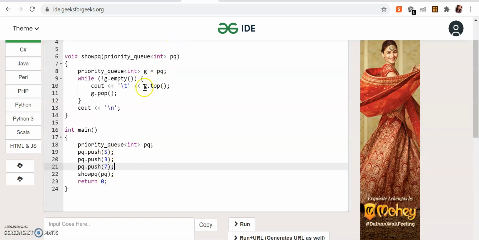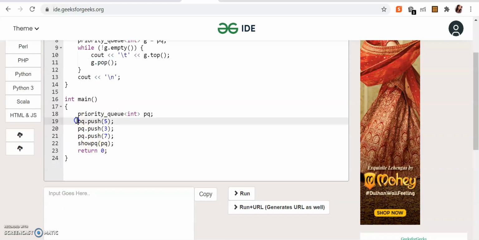So now you can see that we have pretty much covered all the functions. We are using top here for printing. That means it is always getting the top element. We are using not empty, which is a boolean function, to check whether your container is empty or not, and we are using pop here to pop the element. So top will return the element, and pop will simply remove. And we are using push here to just simply insert.